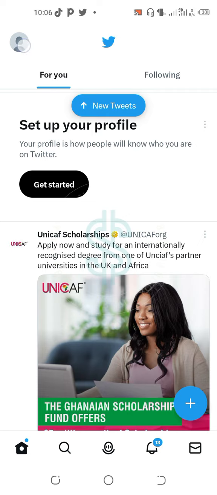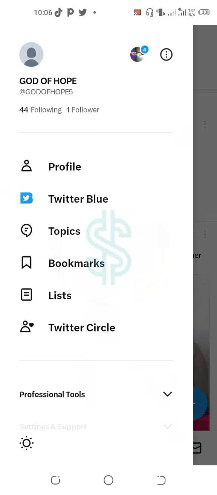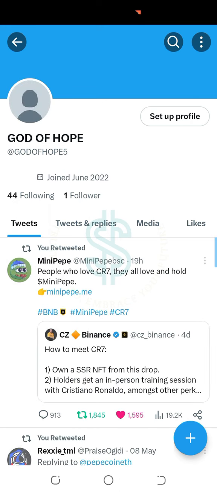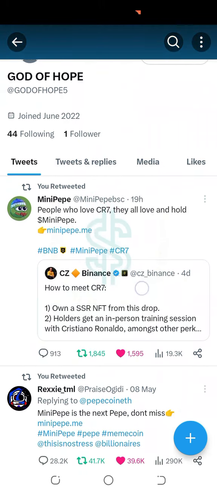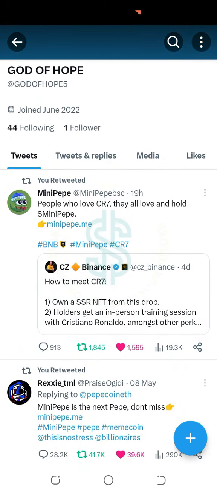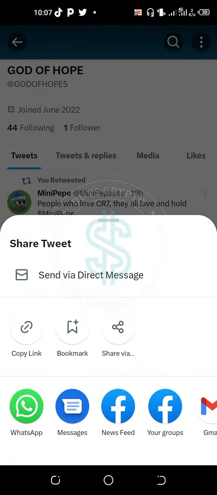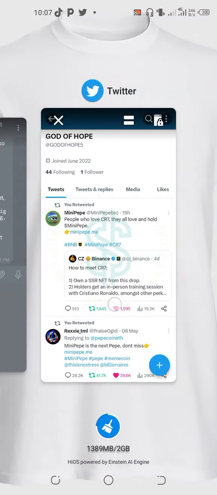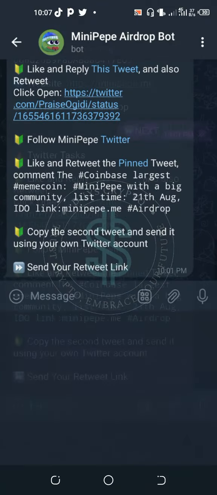Then go to your profile. Tap on the image there, go to profile. You will see that you retweeted, which means you have retweeted their post. Then go to the share button here and copy the retweet link. Then you come back to the Telegram bot.